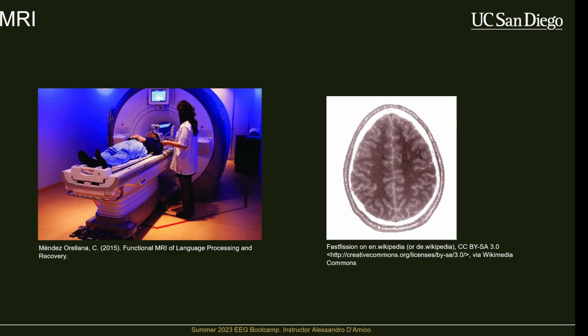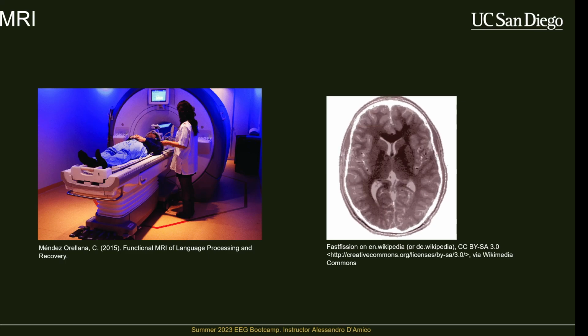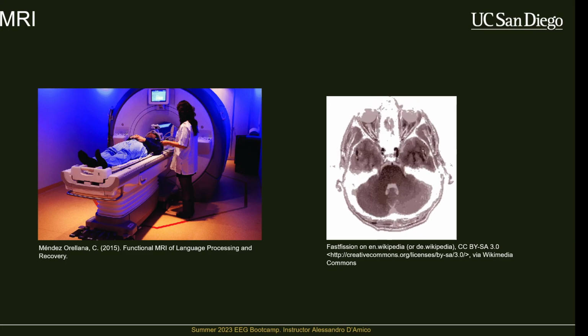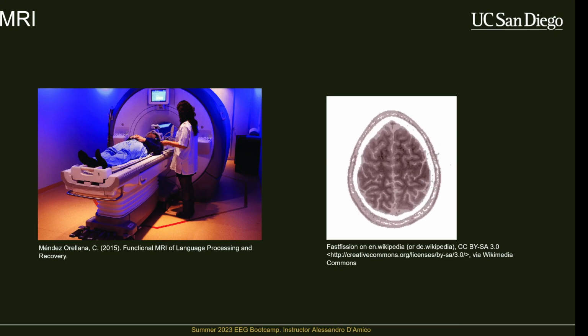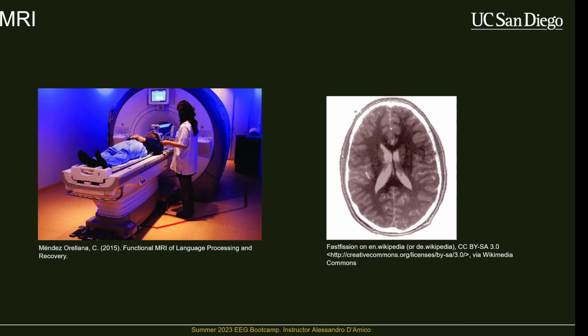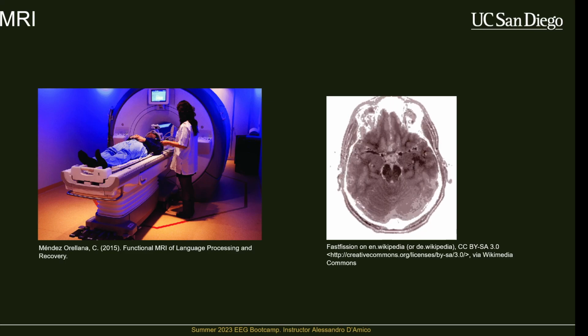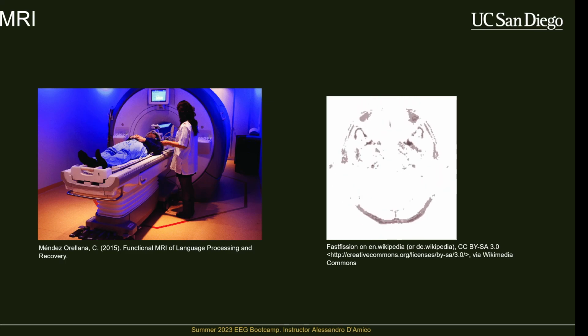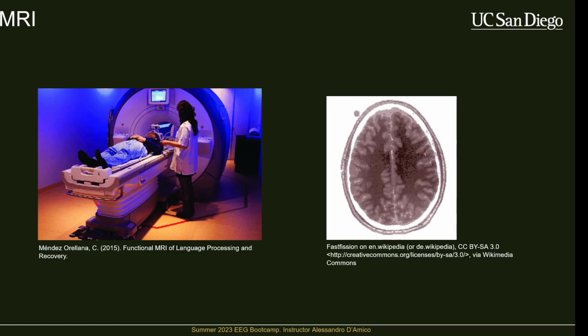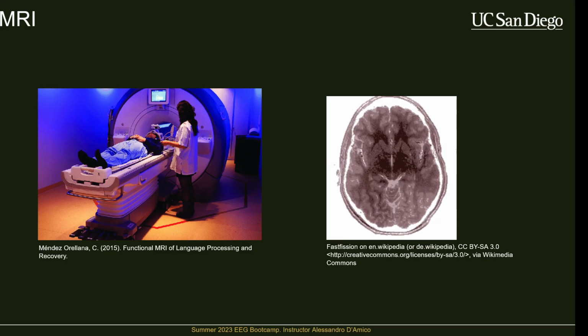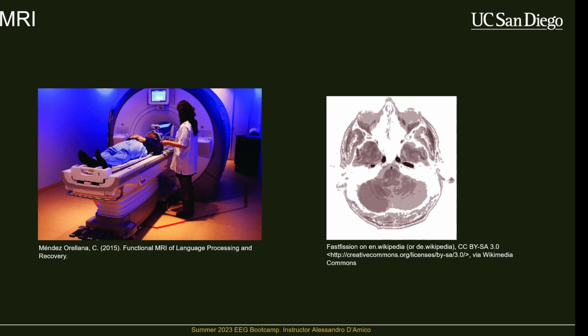MRIs, so without the F, are really good for getting the structure of the actual cortex, and even deeper brain tissue. And the resolution of these is pretty good. It's about 1 millimeter by 1 millimeter by 1 millimeter voxels. So you can get a really, really clean structure of the brain, and this ends up being very useful for technologies like